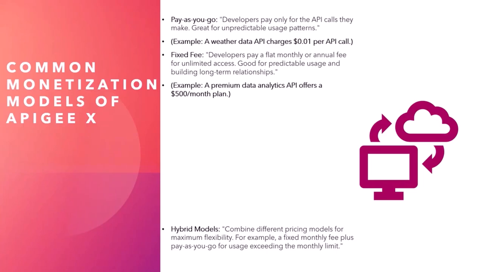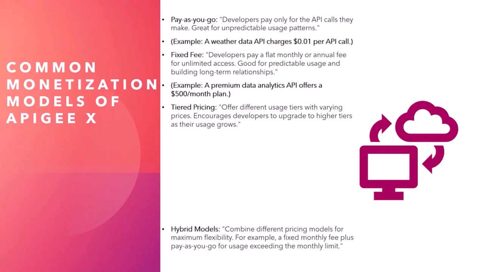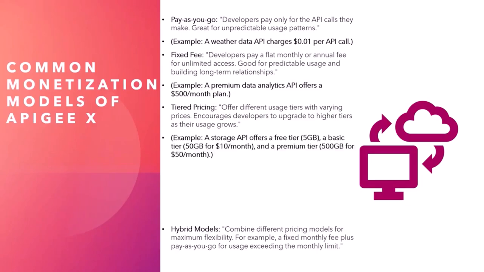For example, a premium data analytics API offers a $500 per month plan. And tiered pricing offers different usage tiers with varying prices, and encourages developers to upgrade to higher tiers as their usage grows. For example, a storage API offers a free tier of 5 GB, a basic tier of 50 GB for $10 per month,